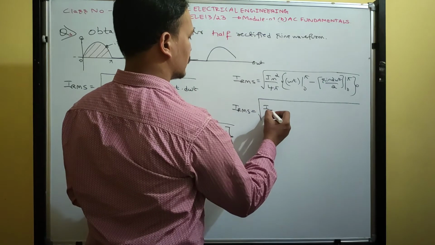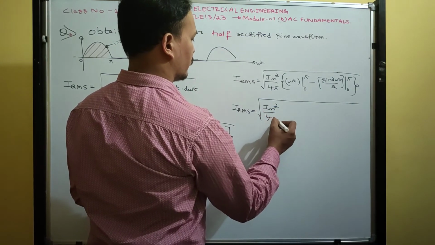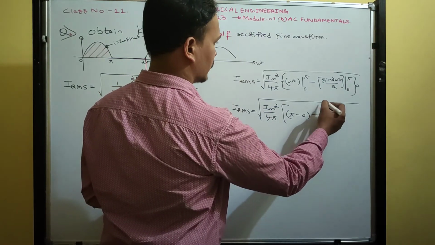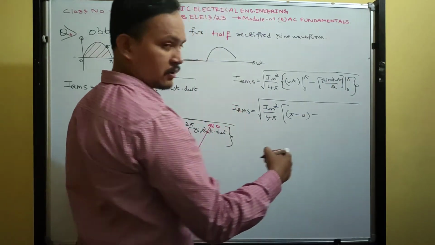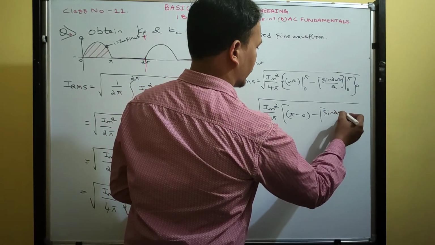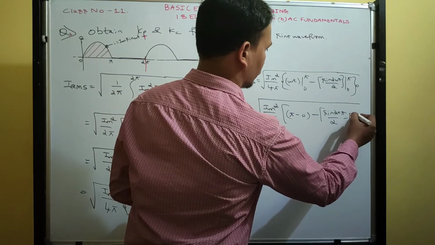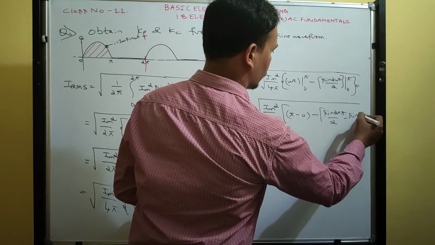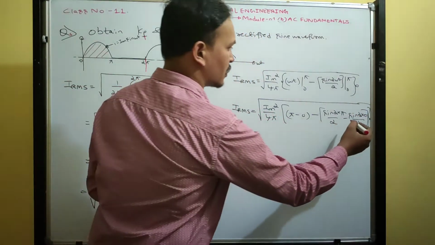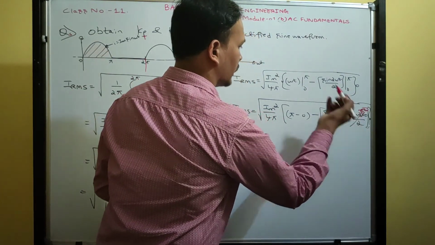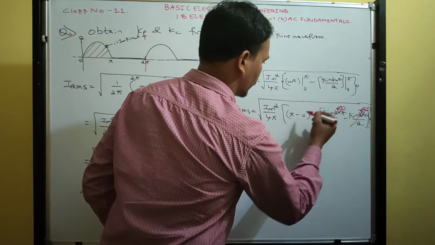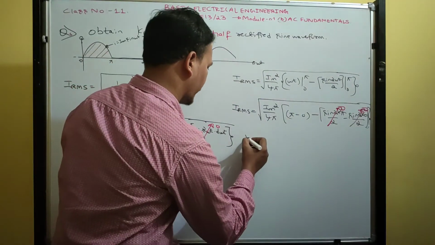Okay, now simplify this. Im square by 4 pi is equal to omega t upper limit pi minus 0, minus, put omega t equals to pi. So then it becomes sine 2 into pi divided by 2 minus sine 2 into 0 by 2. Okay, what happened last term? 2 into 0 is how much? 0. 2 pi is 360. Sine 360, 0 by 2, 0. So pi minus 0 is pi.